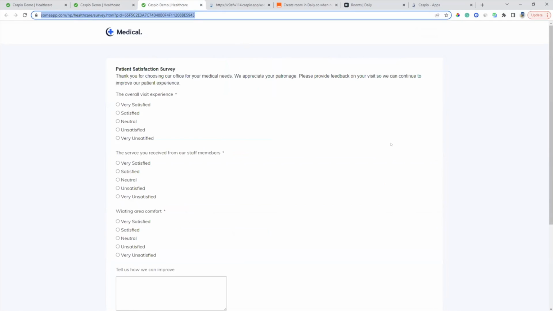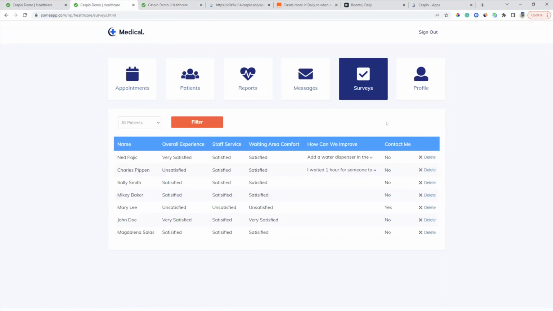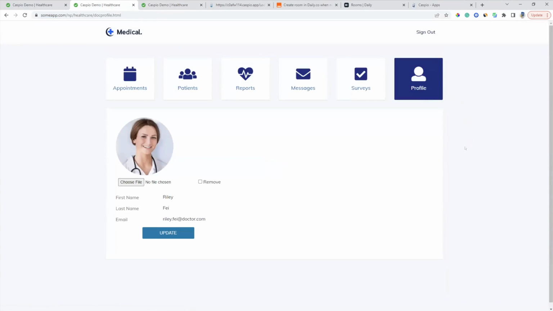Just keep in mind what we're doing is, 5 days after the appointment, and if the appointment is completed, we send an email with the link. So when the patient clicks on that link, they're able to open up the survey form, fill out the form, and then the physician will be able to see that information over here. And last but not least, we have a profile for the physician, which they can update and edit at any time. Now, on the flip side, when I log in as the patient,